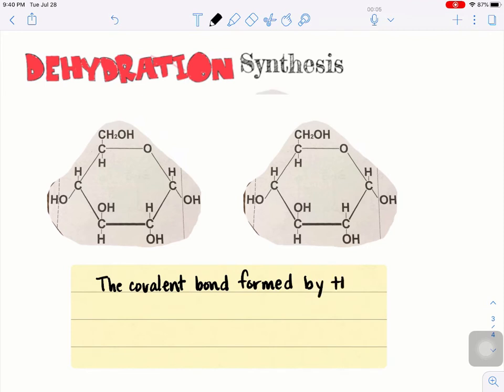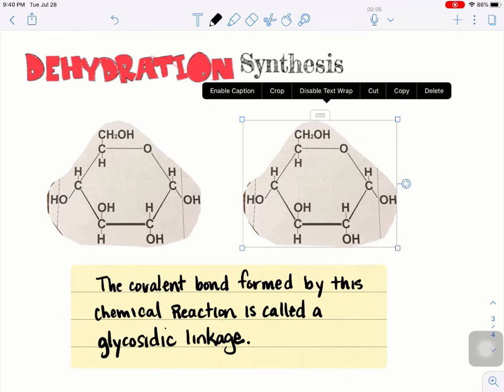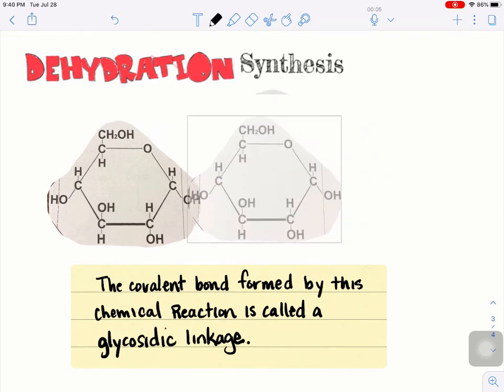The hydroxyl functional group on the number 1 carbon of one sugar molecule and the hydroxyl functional group on the number 4 carbon of the second sugar molecule are the atoms that are involved in forming a covalent chemical bond, called a glycosidic linkage. The resulting molecule you are seeing is called a disaccharide because there are 2 sugar molecules